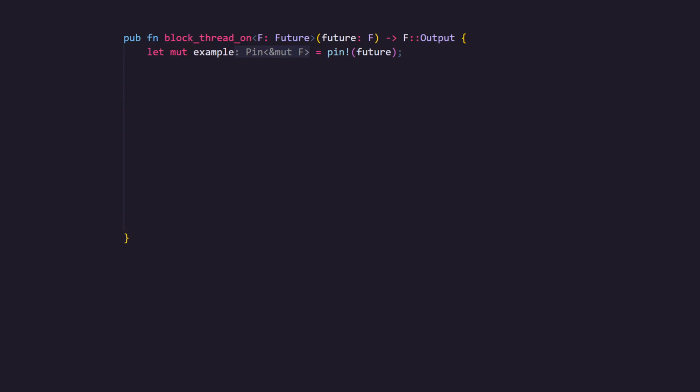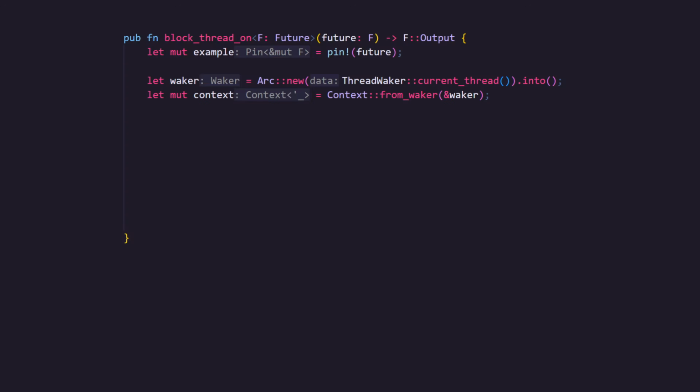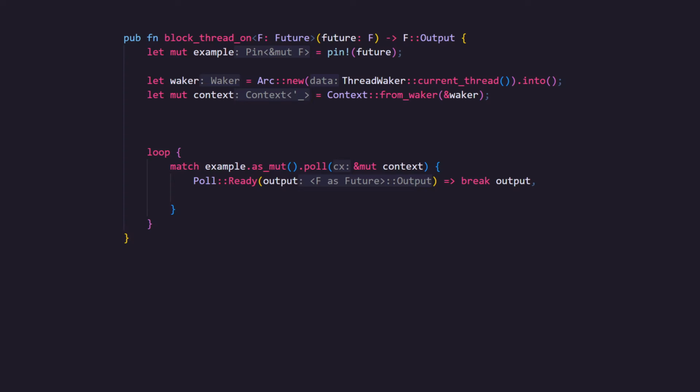Our first real difference then is we now actually care about the waker. We can create a concrete waker from an arc of any type that implements the wake trait. By creating our thread waker on the same thread as the executor, that's the thread that gets saved for later. We'll then make our context from that waker. Again, all we need to do now is loop over the future. If it's ready, we'll break from the loop and return the value. If it's not ready, we'll park the thread. When our thread timer calls the waker, it unparks the thread, resuming the loop and causing the future to be